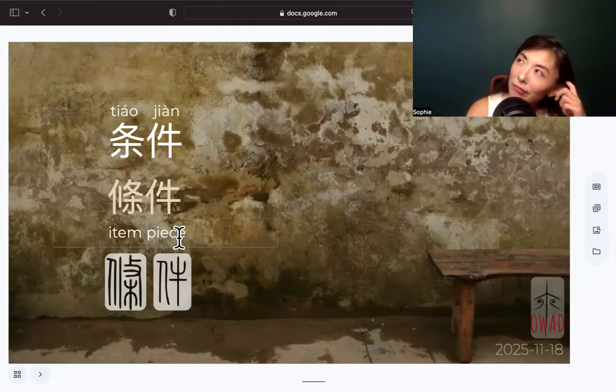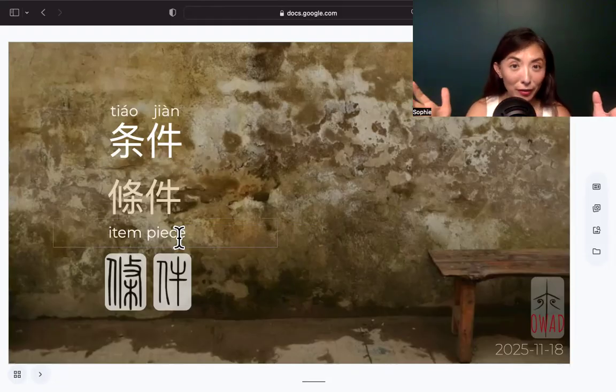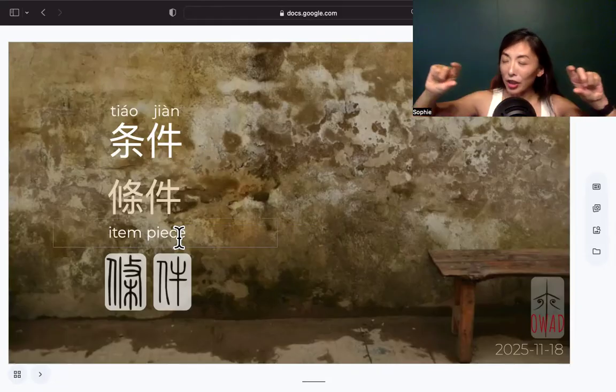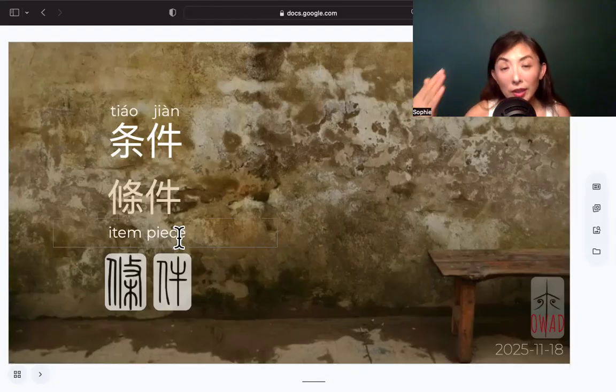You may say 一条河 because, okay, 河 is river, a long stick-shaped river. It's a long shape of things, even if it's not a straight line like a stick, even if it keeps flowing as a river. But because of the shape relationship, it looks like a stick shape, so we use 条 as the unit of measurement of a river. We Chinese don't say a river. We have to say a long stick-shaped river, okay?